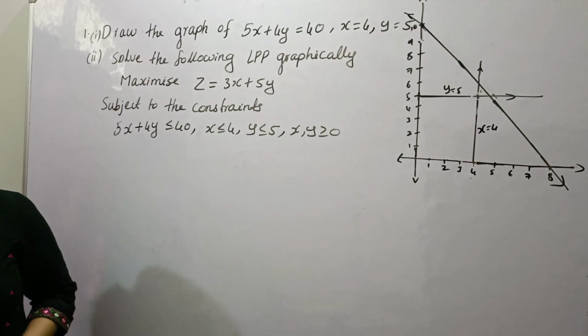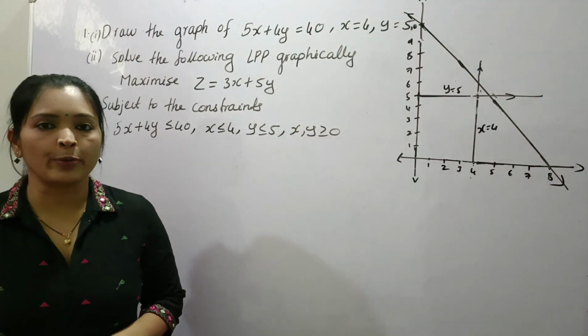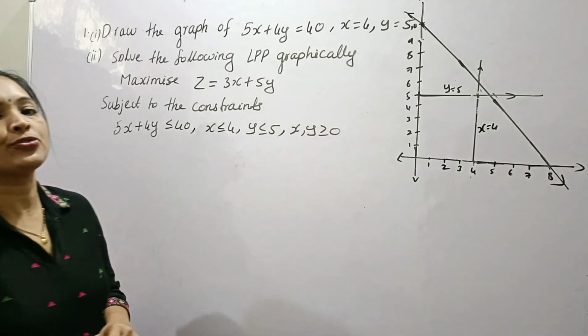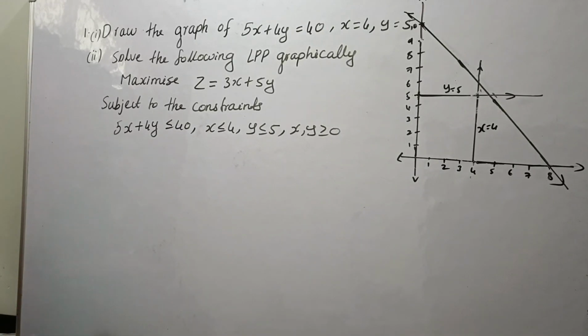Hello everyone, today we are going through some important questions of linear programming problem. First question, draw the graph of 5x plus 4y is equal to 40, x is equal to 4, y is equal to 5. Second question, solve the following LPP graphically, maximize z is equal to 3x plus 5y,